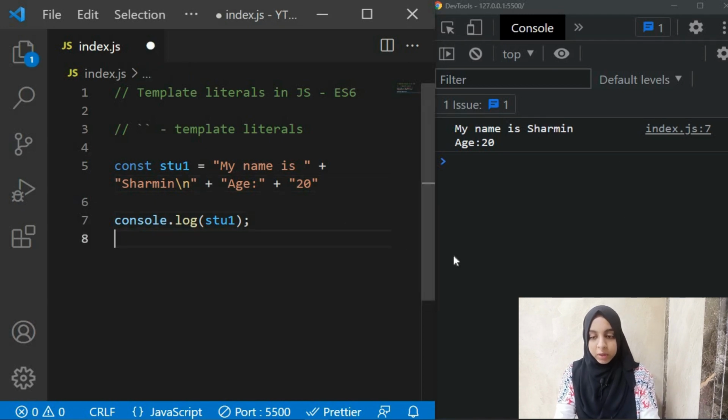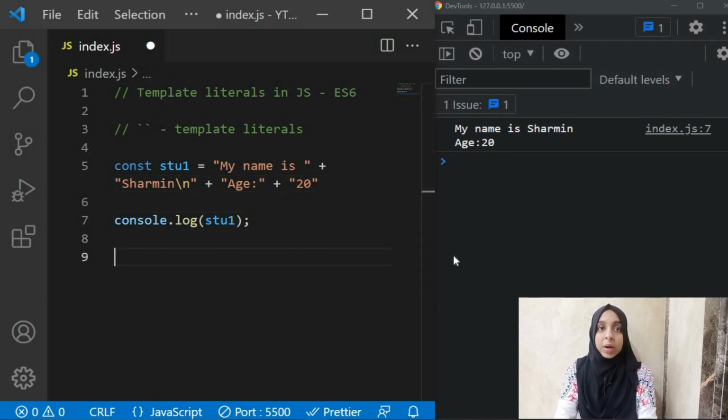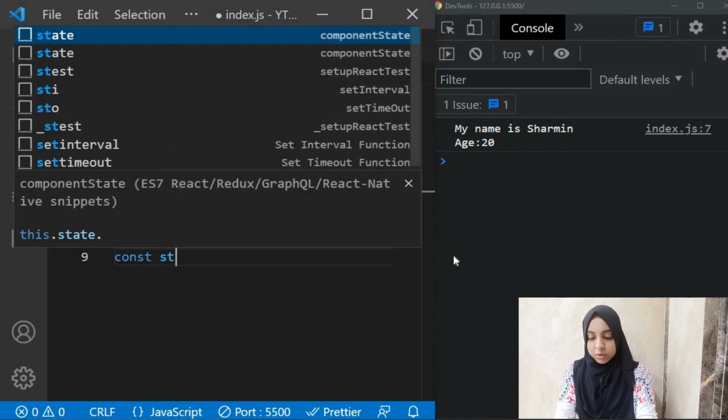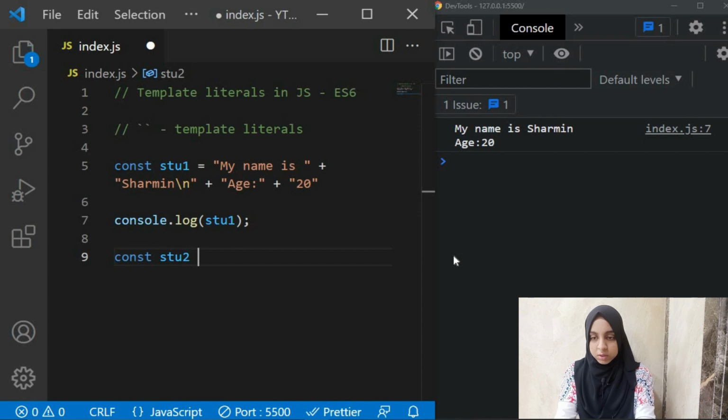Okay, now we will see the advantage of using template literals over our normal string literals. So here we have const student2, and here let's use the same name. Let's use the same sentences up there. My name is. Okay, we are supposed to use template literals over here, right? That is our backticks.